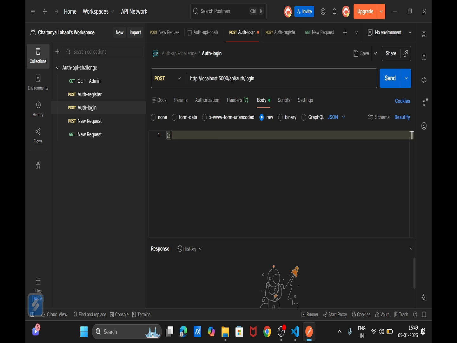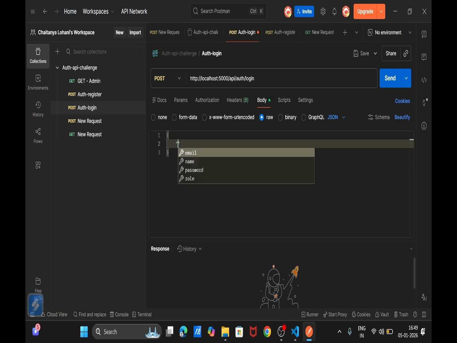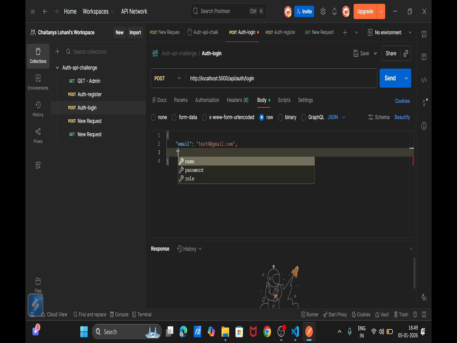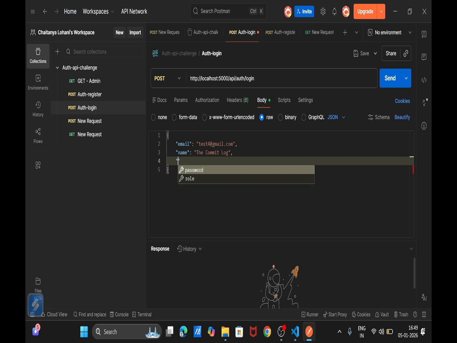We give it a JSON body which contains our email, which is test4@gmail.com, a username, and then the password, as you can see. And now we give it the role. The role is admin. Now when I send this,